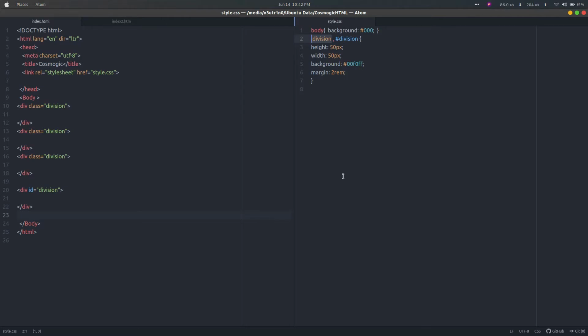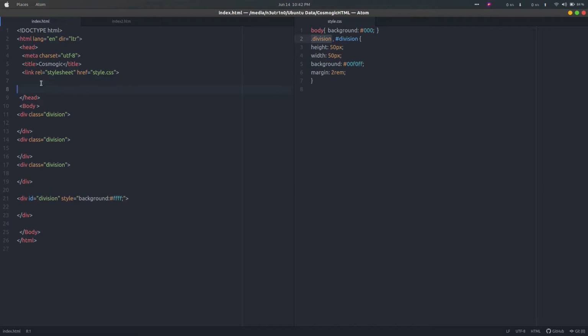How to insert CSS? There are three ways with which we can insert styling into our website. The first type is inline CSS. What inline means is that we use the style attribute and provide the value here. Likewise, if I have background color, hashtag ff, and the value is given here. This is inline CSS.